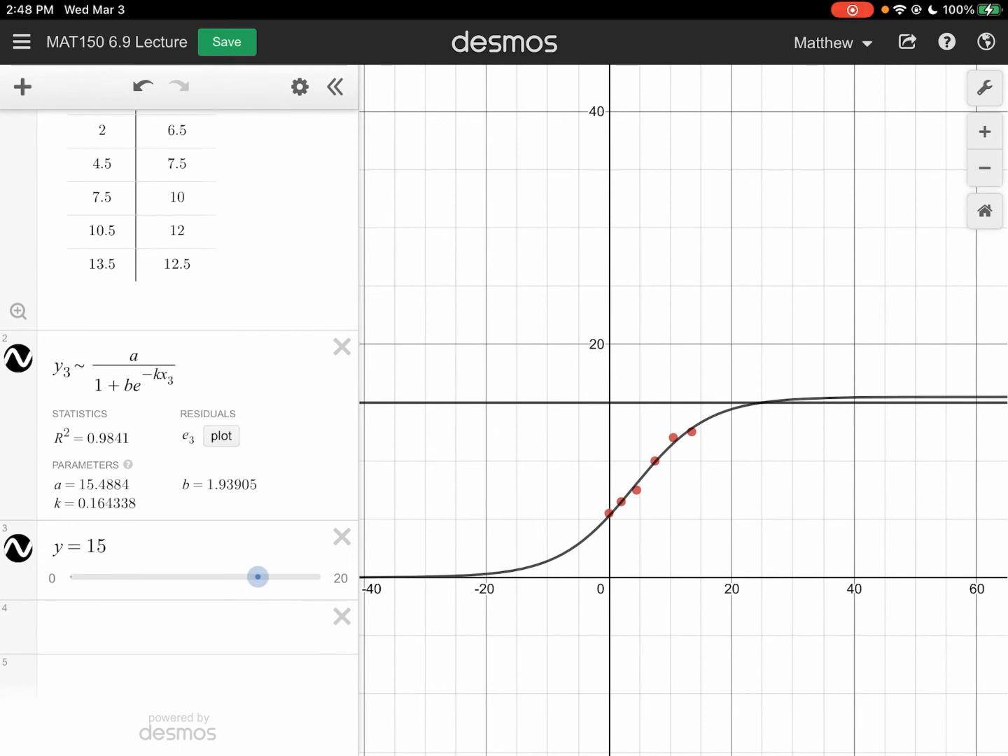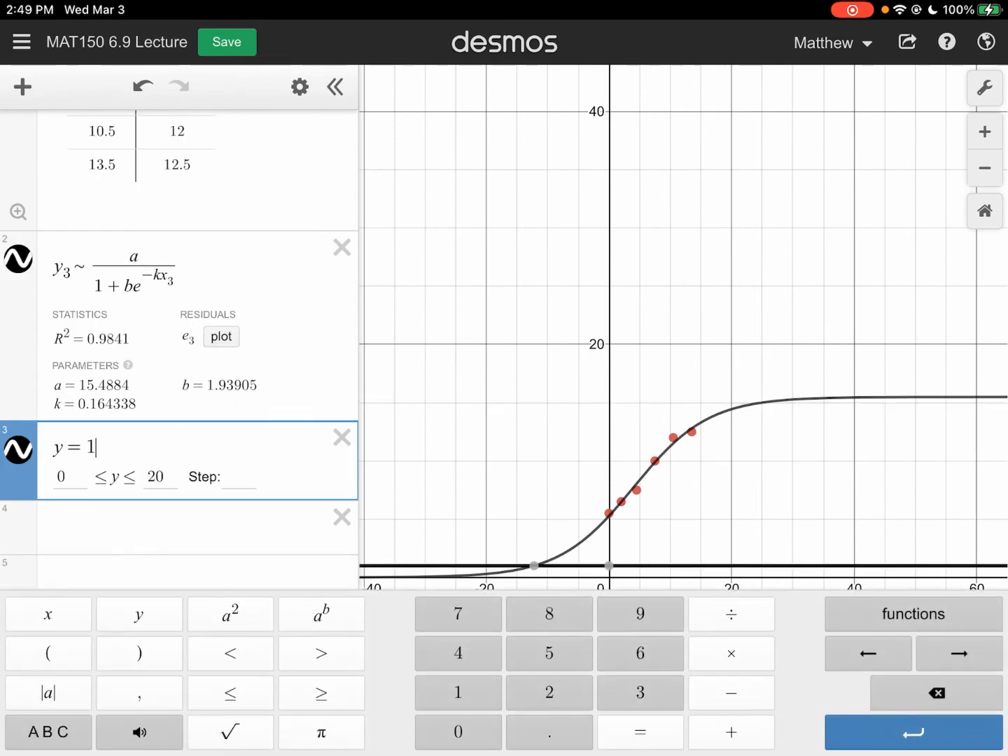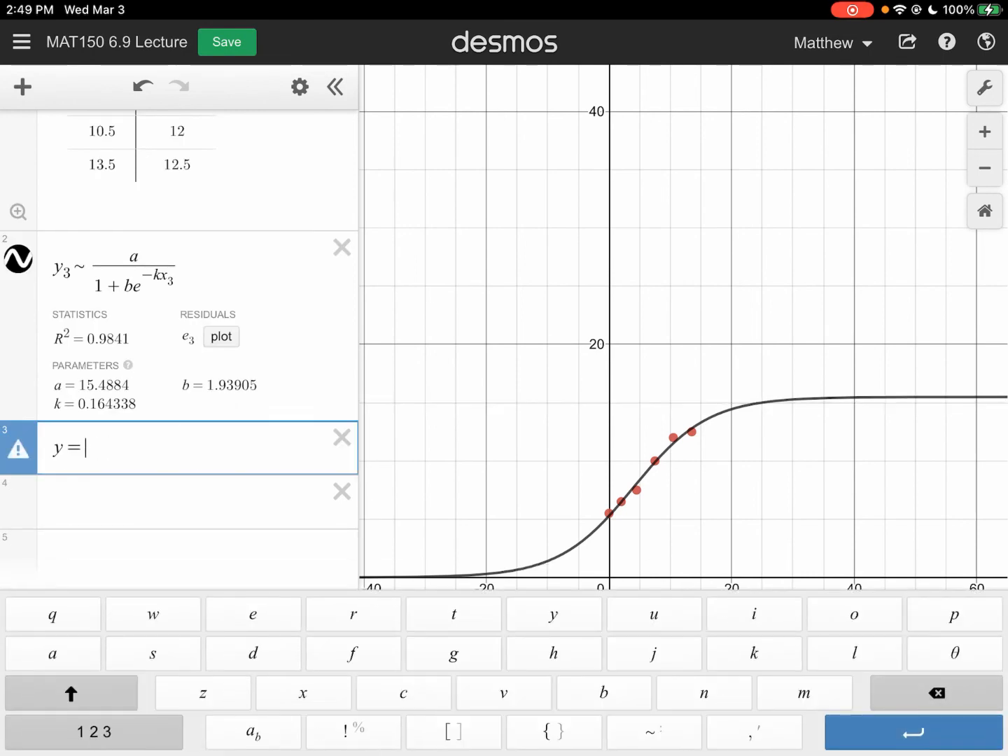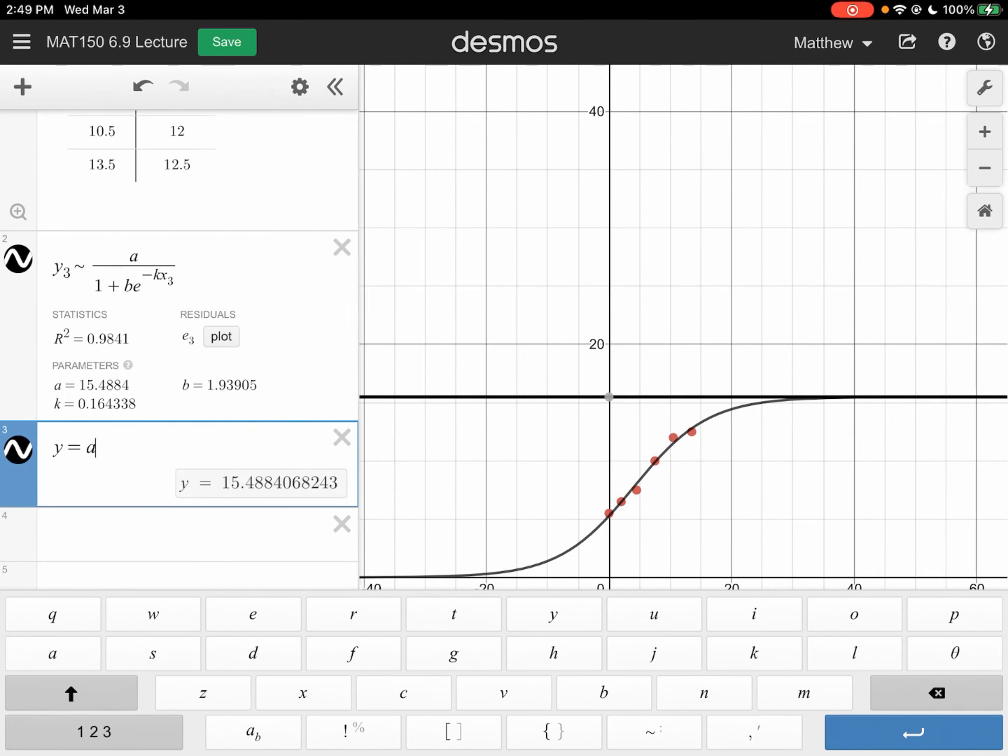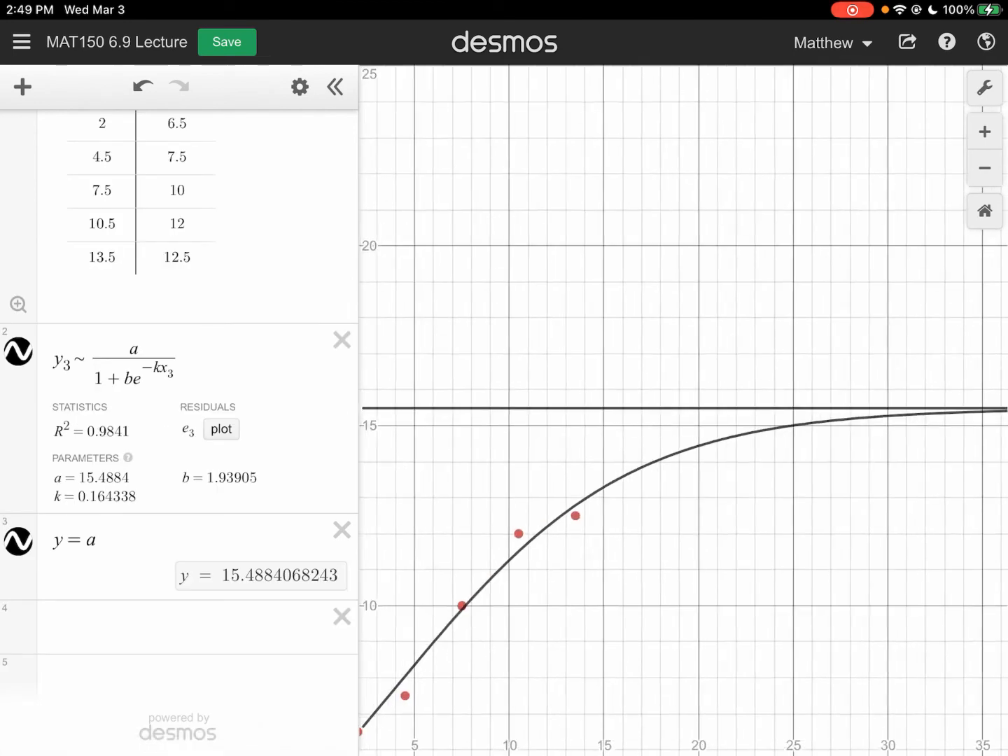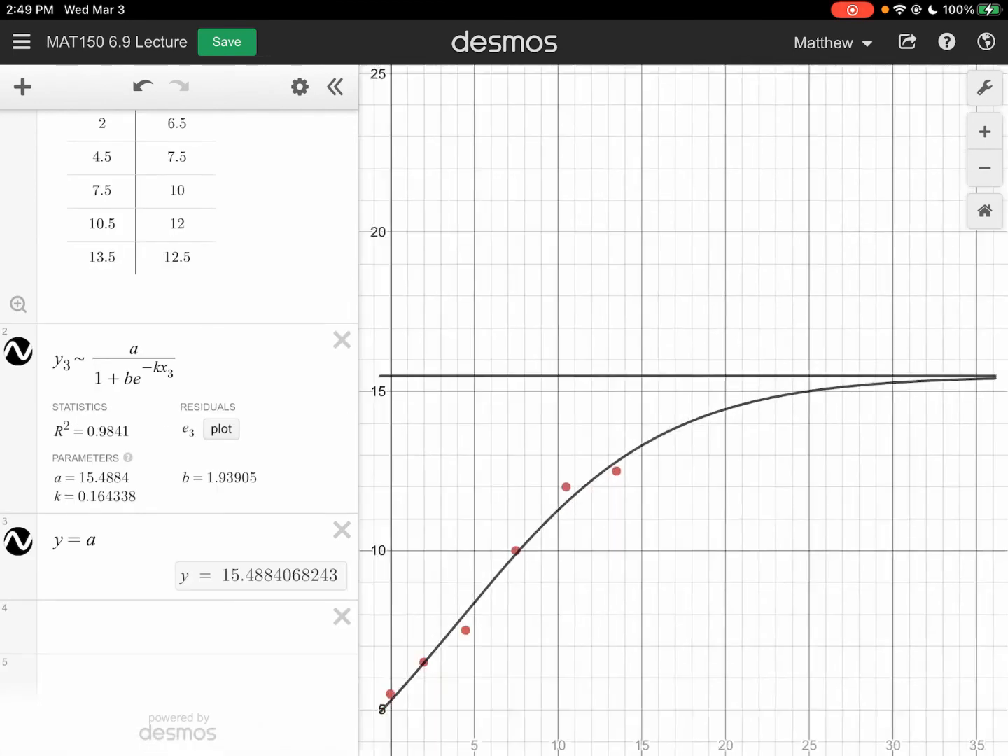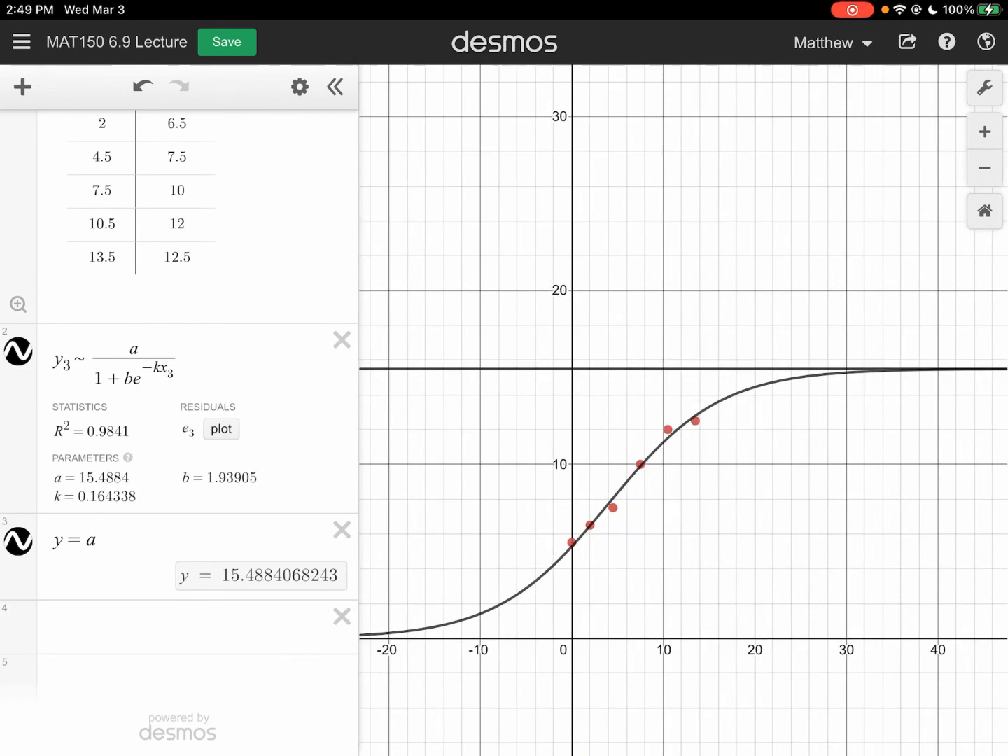And that can be given by the numerator of the logistic model. The logistic model has a numerator of A. So if I just type in Y equals A, that'll give me the exact location of the asymptote for this model. So this model predicts that this environment where the bacteria is in, maybe in a petri dish or something, or on a piece of fruit, there's only so much bacteria that can survive in this environment, and according to this model, that maximum number of bacteria is